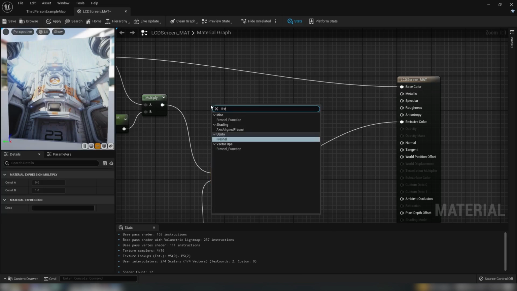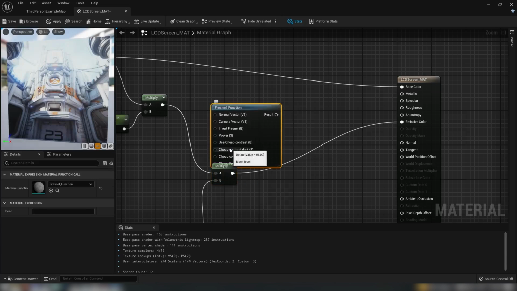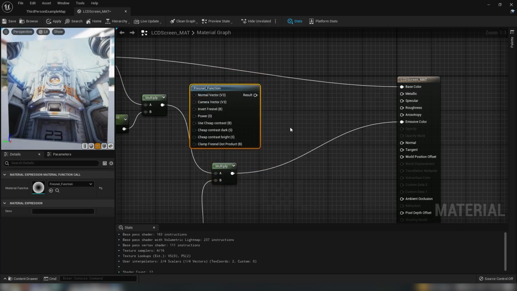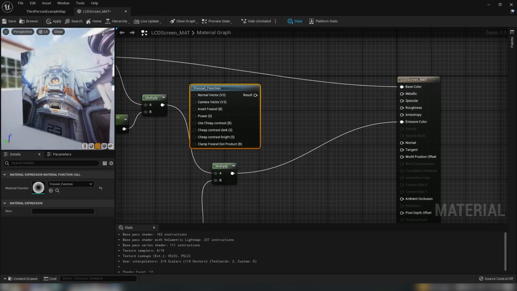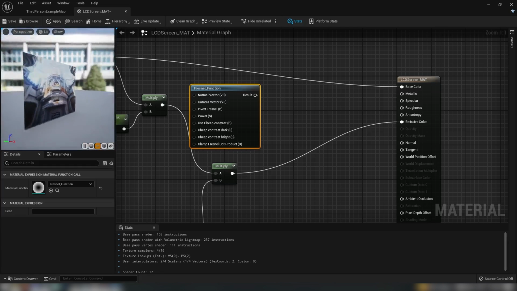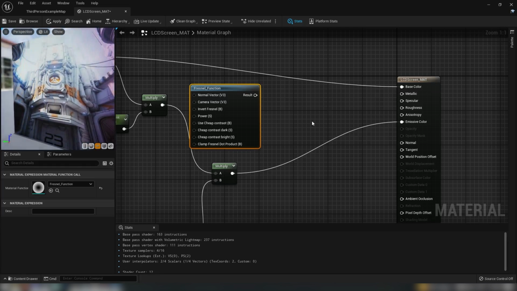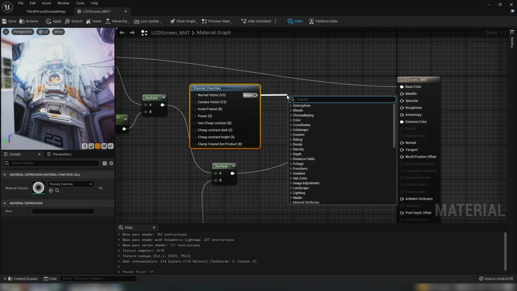And to do that, we will use a Fresnel function, which is a fairly cheap way to achieve depth or some nice reflections in your materials. Today, we're going to be using it for our roughness values. So as you can see, with default roughness, there's really not much going on. It doesn't look very smooth or shiny. So let's take our Fresnel function here out of this